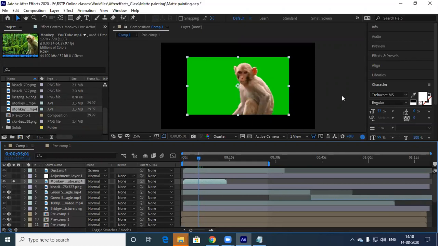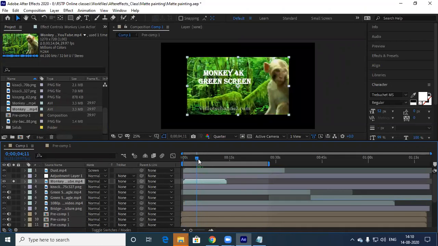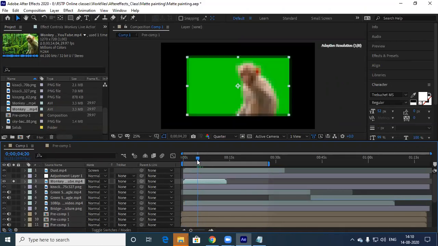Another thing, the monkey's full body is not there, so I cannot place it at the bottom. Otherwise I have to do some hiding. The lower part of the character we need to hide.